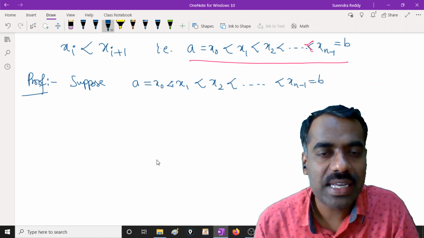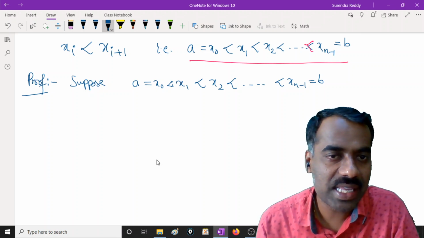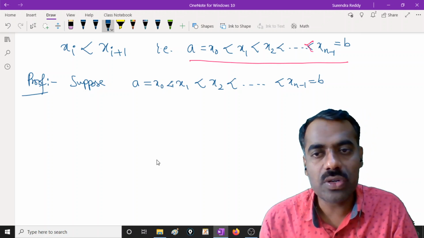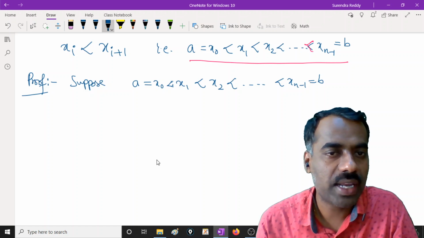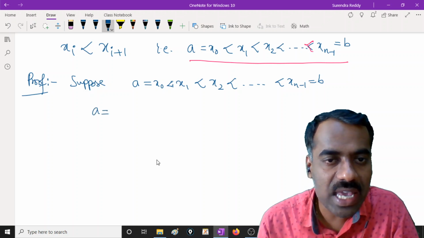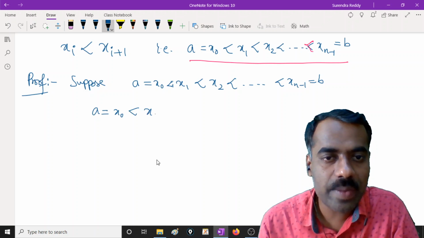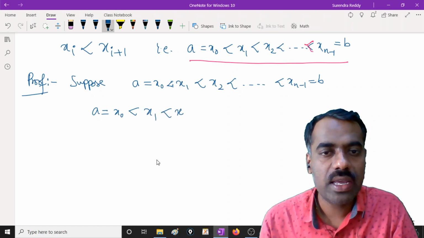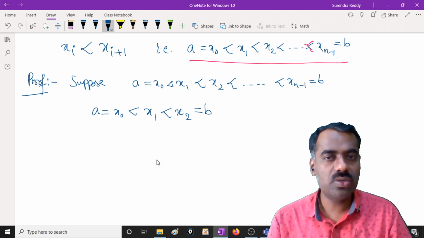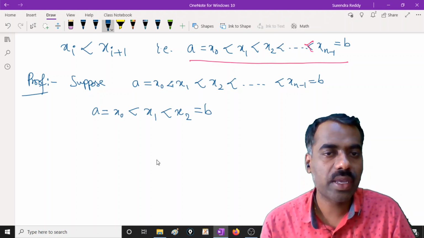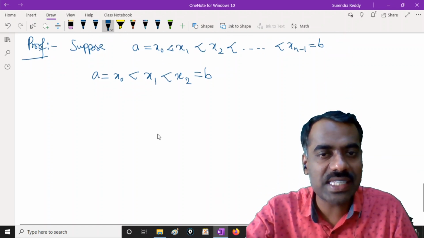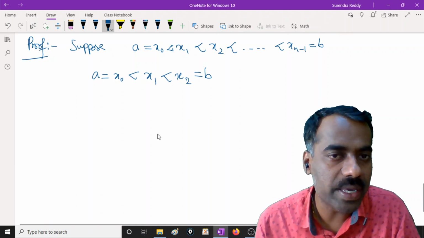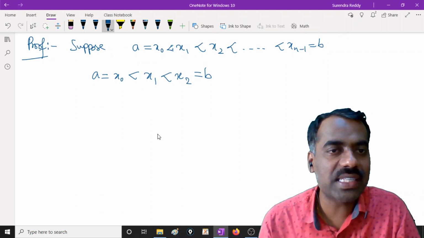First, you can prove this by induction, in the sense that if it is true for 2, then you can prove that it is true for n, right? So take A equal to x0 covered by x1 covered by x2, which we call B. That means we are proving for n equal to 3 here. Are you following? Is this clear? So assume this. Then we want to prove that in this case A is less than or equal to B. How is A less than or equal to B in this case?